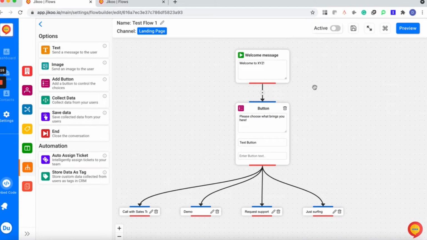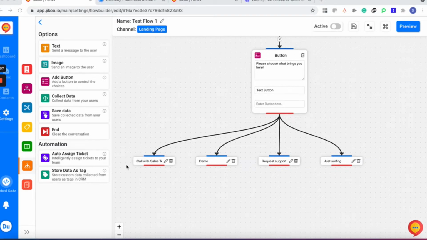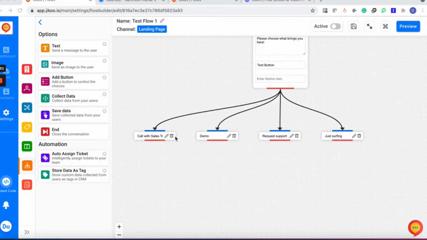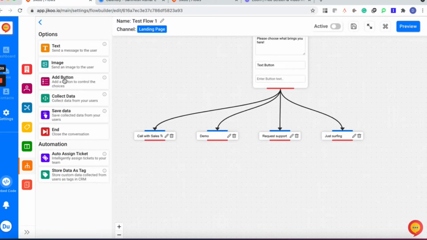I'm just zooming out. Okay, if somebody is clicking on any of the 4 options that you have set up so far, we need to set up what should happen next. So let us just focus on the first 2. If somebody is clicking on call with sales team or demo, I would like to redirect them to a particular page link, which means a calendar link to book the meeting. So what I'm doing, I'm just adding a button, dragging and dropping this as usual to control my choices, because obviously if you go for options you need to go for the add button option only. That is the reminder.